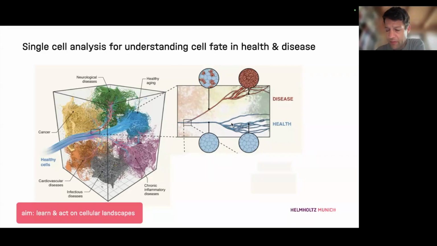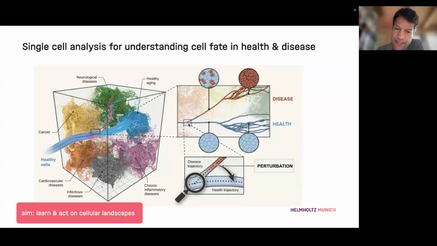Trajectory learning, this has been something my lab and many others have been doing for some time. But we might also be able to see where these things go awry into disease. We might be able to tell, because we have very molecular, quite causal types of observations, potentially what type of perturbation we need to do to go back to the healthy case. So that's this learning and acting upon. I guess you might call it design, like, what's the perturbation to choose, right? So that's a long-standing dream.